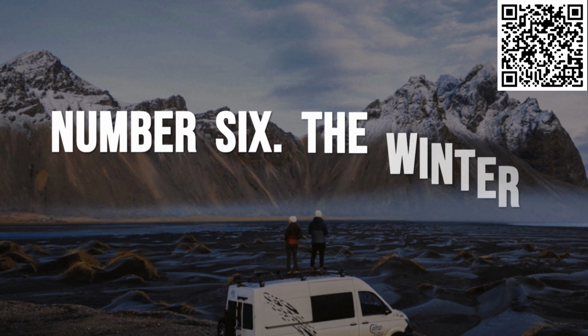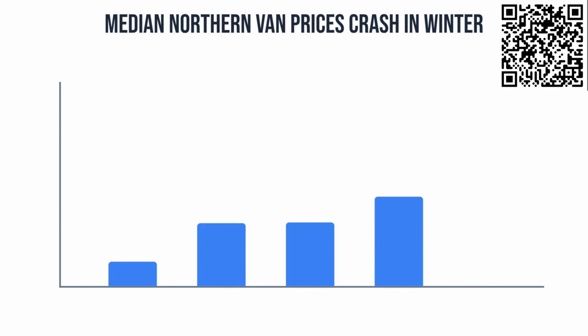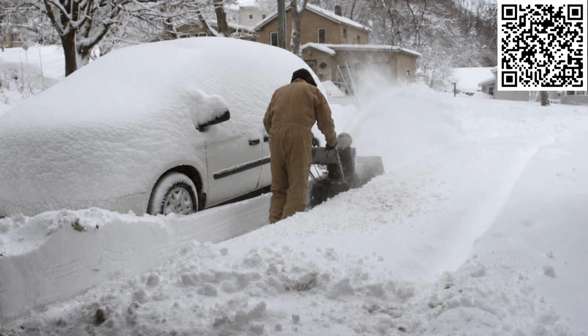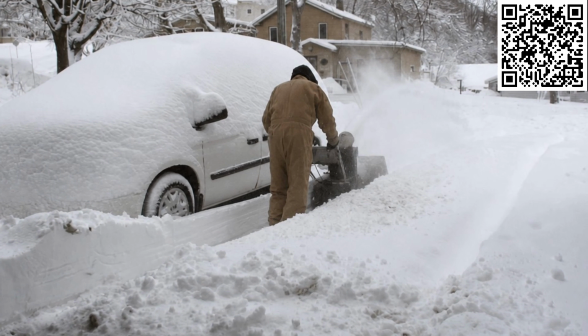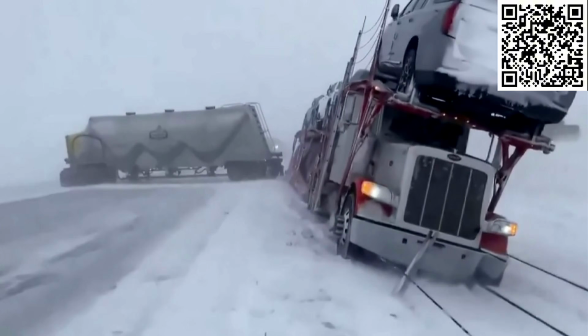Number 6, the winter buying advantage. This is less of a specific source and more of a timing strategy that makes every other method on this list dramatically cheaper. Van prices follow seasonal patterns, and from November through February, those prices absolutely tank, especially in northern states where nobody wants to deal with buying and transferring a vehicle registration when it is 12 degrees outside with